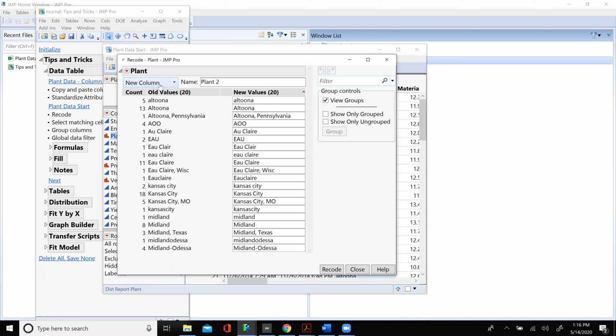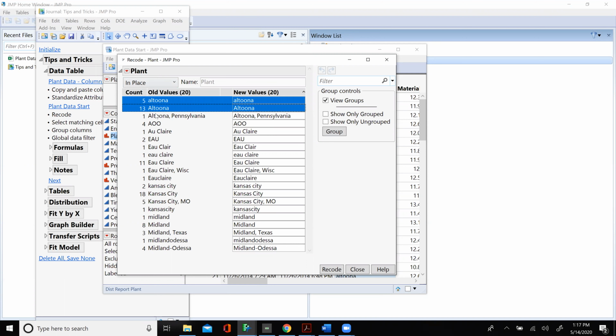So what you're saying is I want to keep a history of what we did here. You could also put it into a formula column. In a formula column, as you add data points, it's going to correct them if they look like this. It'll go, oh, last time you spelled it like this, let me correct it for you in the new column. You could also correct it in place. In this case, we're going to change this to in place, so we're going to correct it in place.